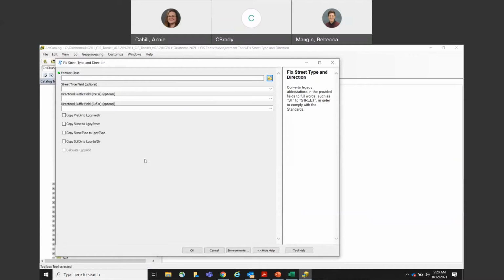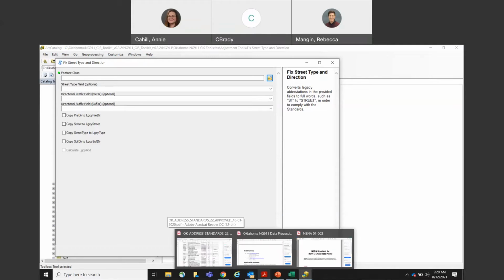So the question was, and I'm just going to repeat the question so that everybody on the recording can hear. The question was, is the expectation that localities need to fully spell out everything before uploading it to the repository? And the answer is yes, because those are mandatory fields. They have to be filled out appropriately. So anything that is an error is going to prevent submission. So those do need to be fully spelled out, but